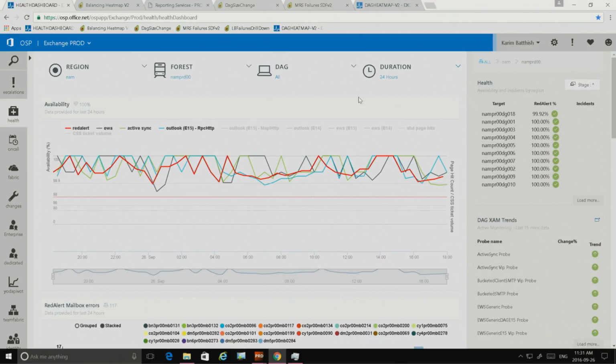As of this week, I think we crossed somewhere around 400 petabytes of user data stored in mailboxes across about 100,000 mailbox servers. So when we have to troubleshoot and figure out when things are going wrong, we've got some tools that we needed to build to keep ahead of that. And as Eddie mentioned earlier, be able to quickly troubleshoot and diagnose the problems. One of the tools behind me is the Office Service Pulse, or what we call OSP.